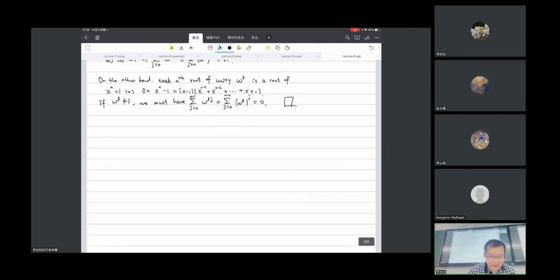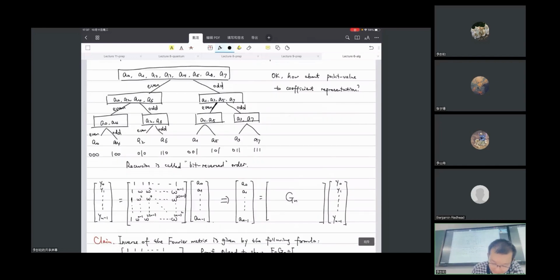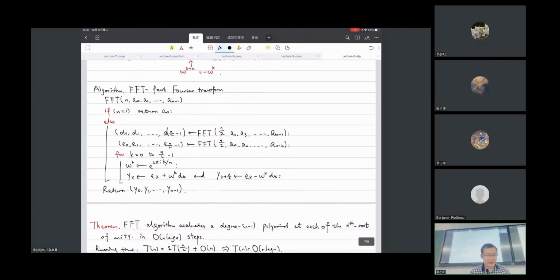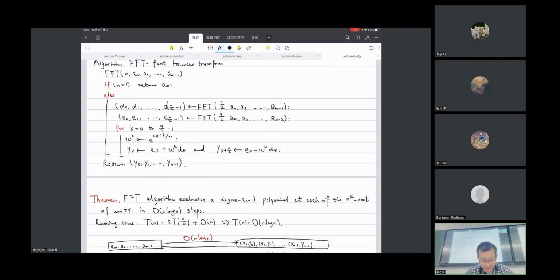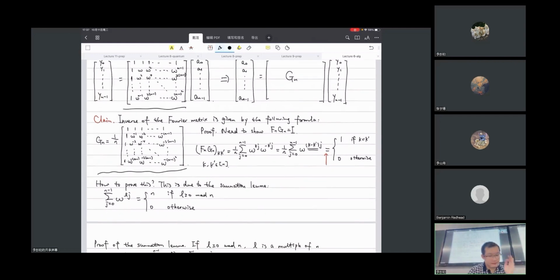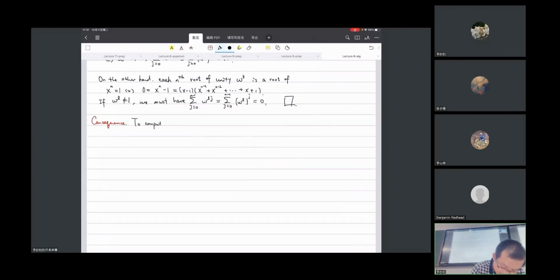Okay, so this basically gives us the algorithm. The consequence: for such a transformation, for the Fn here, we have been describing the FFT, the fast Fourier transform. We make recursive calls and recover the corresponding evaluation values accordingly. This matrix Gn has a form that is not very different from the form for the FFT. This is due to the nice property of these roots of unity. So we can conclude that to compute the inverse FFT, apply the same algorithm,